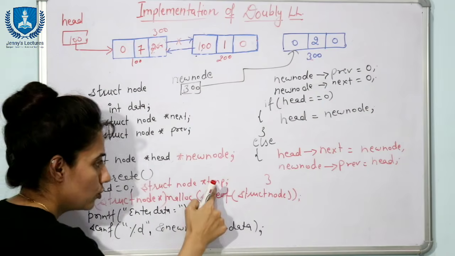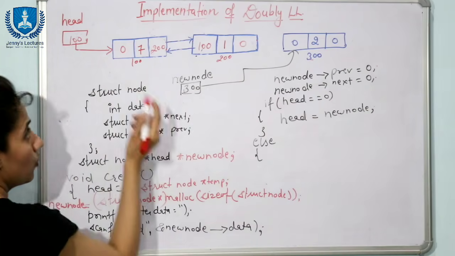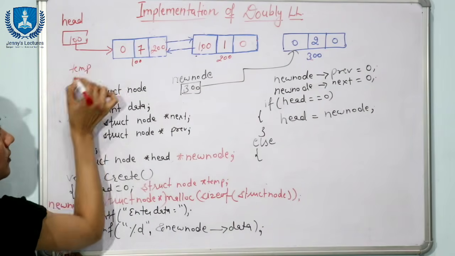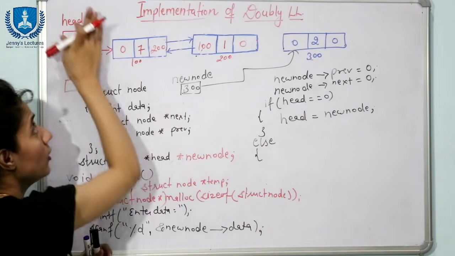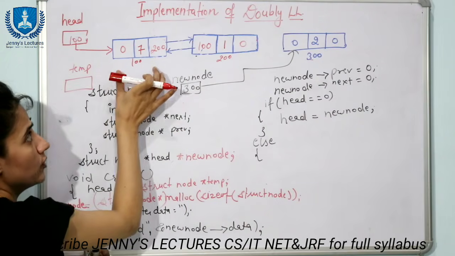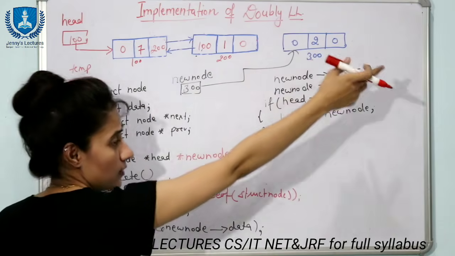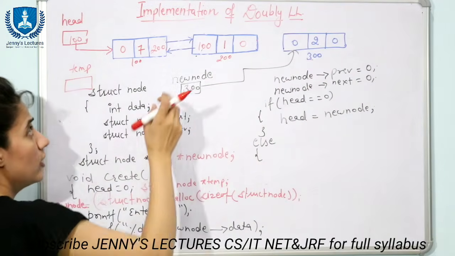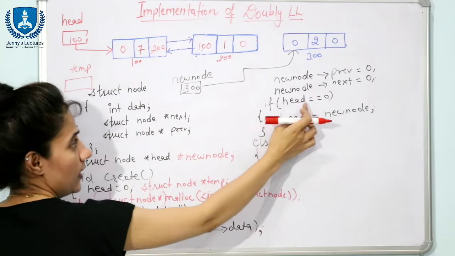Now how are we using this temp? See, temp is another pointer. What you will do is, we cannot move this head, we will move this temp. First of all point to this, then this, then this, then this, like this. Fine. So now, when you insert the first node, if head is null, then you will